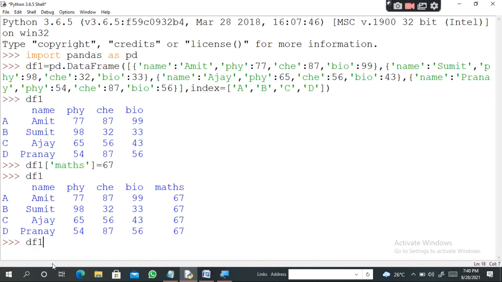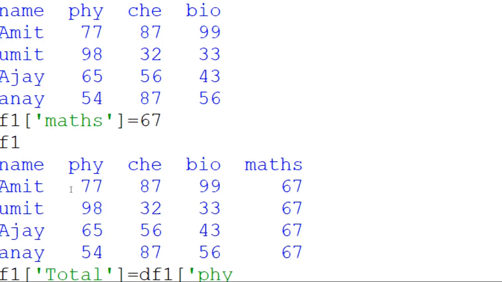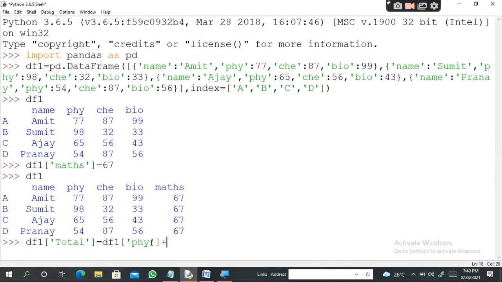So df1 is the name, then I will start this bracket, then total, with T capital, I want total. Then df1 phy. P is in small letters, so that is why I typed phy in small letters. Then again I will type df1 che, C is in small letter.